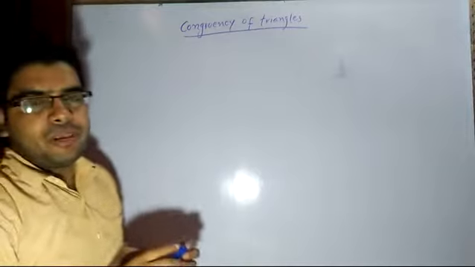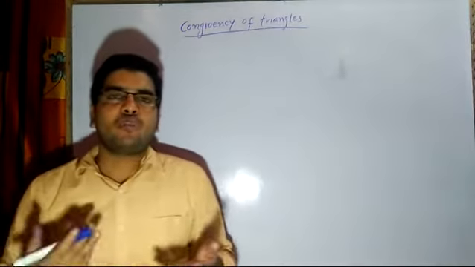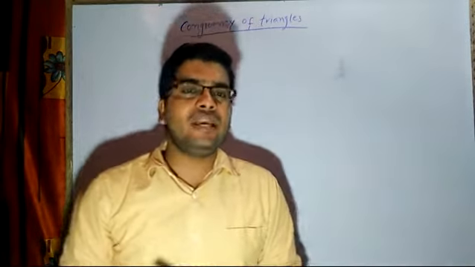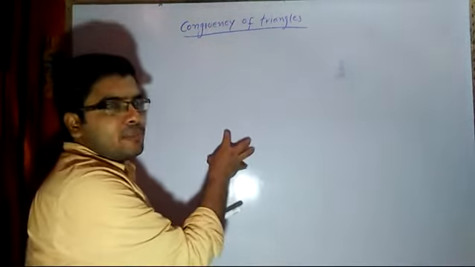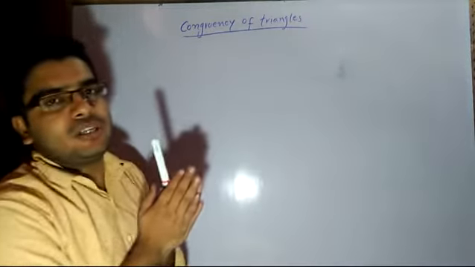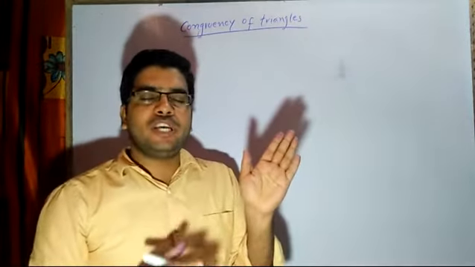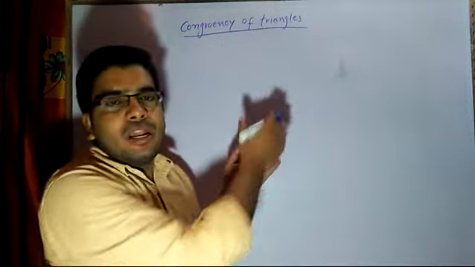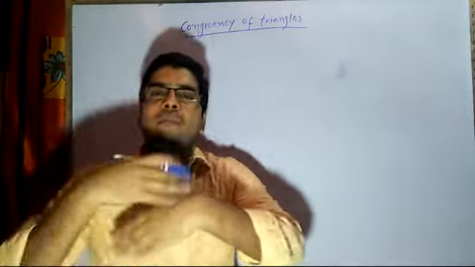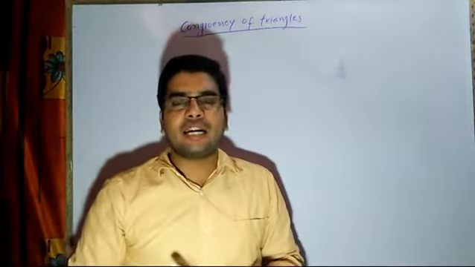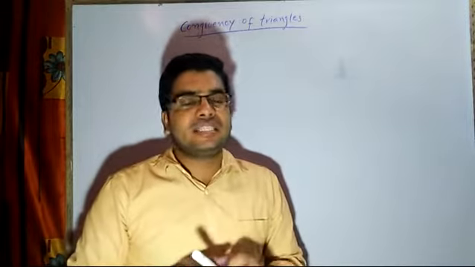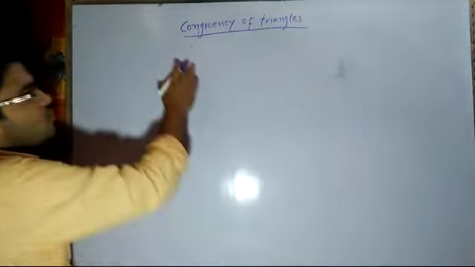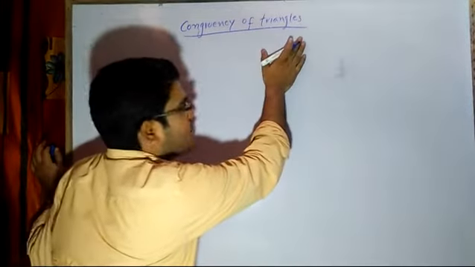Now the word congruent means the shape of two or more figures will be the same and of the same size. That means we will be able to overlap both the objects. If we overlap one object on the other and we see from this side, that side object won't be visible. If I see from this side again, the object on that side will not be visible. That means they both are of exactly the same shape as well as size. So here we are going to see the congruency of triangles.